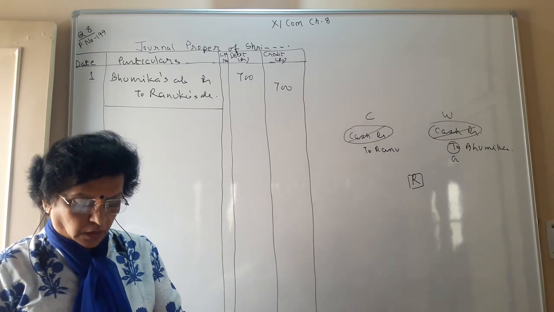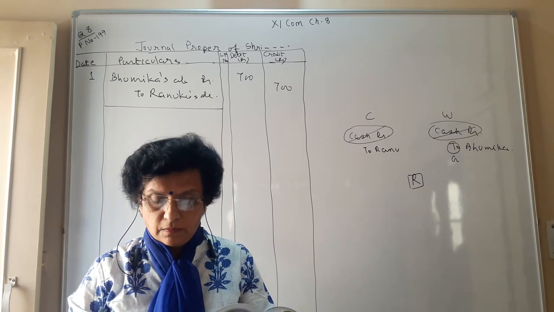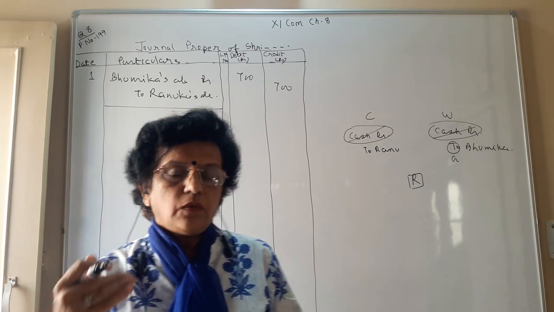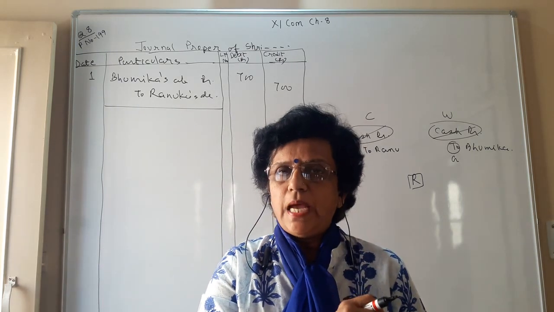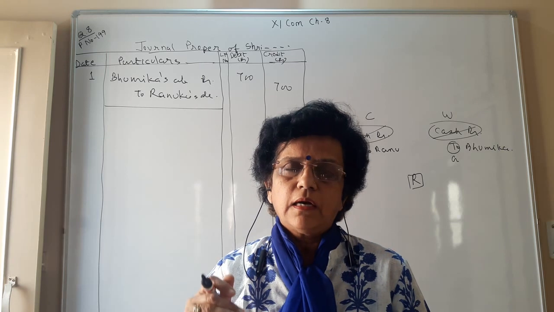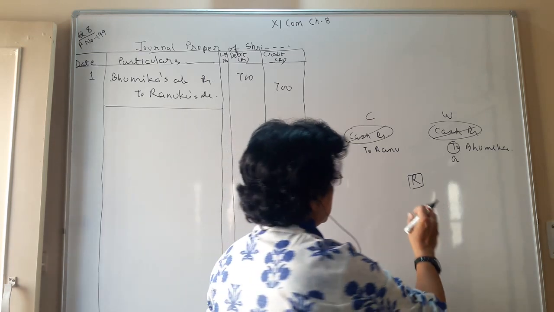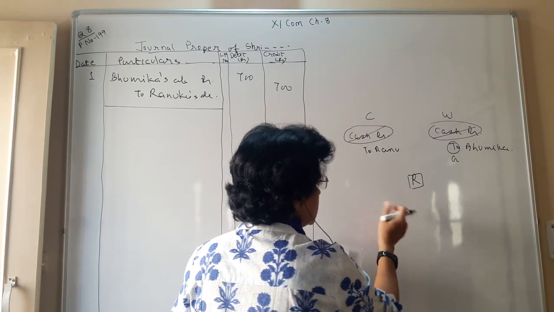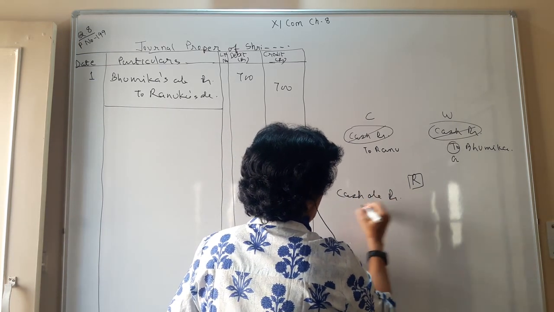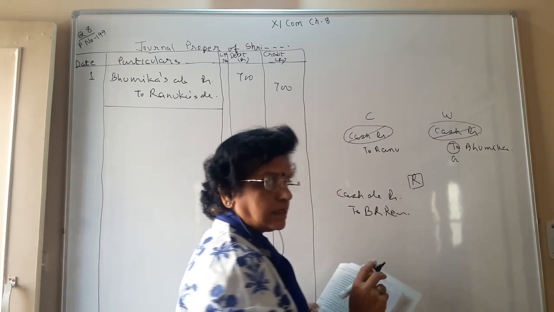Number 2. Rupees 1000 received from Updesh for the bad debt written off in the past, which is credited to Updesh's account. Now, when you receive any money which was treated as a bad debt, the debtor account was already closed earlier. So no more debtor account is to be recorded, but you have recorded that account. So what wrong have you done? The right journal entry is that you have received money, so cash account debit to bad debt recovered account.